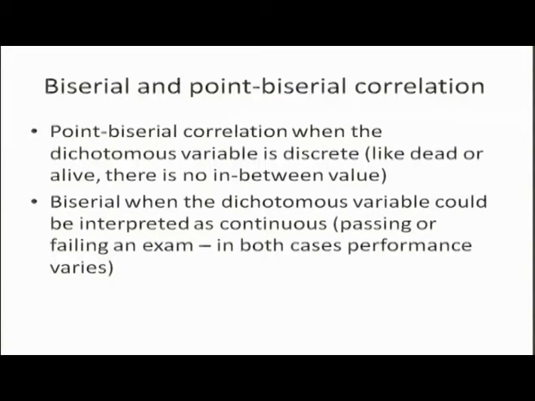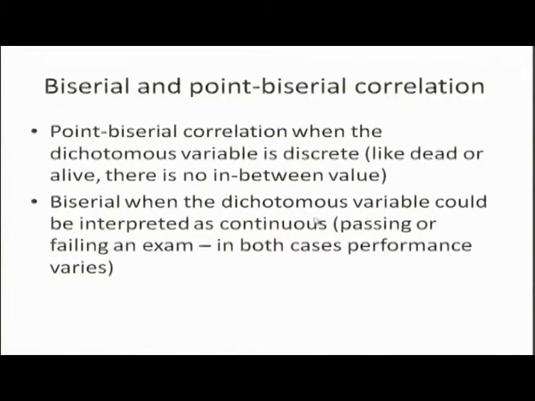those who fail, they vary in marks, those who pass, they also vary in marks. So, there is some kind of continuity between passing and failing, or failing and passing. Those who have failed may have as low marks as 2 and as high marks as say 31. Those who pass, they may have 35 or they may have 90. So, there is some kind of continuity.